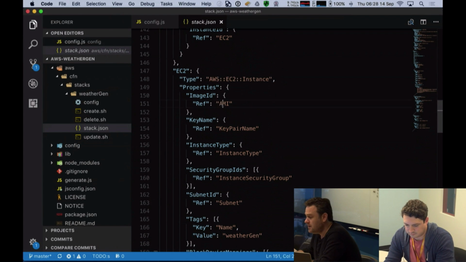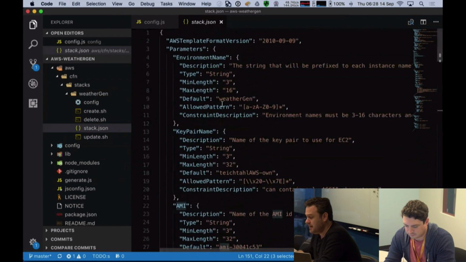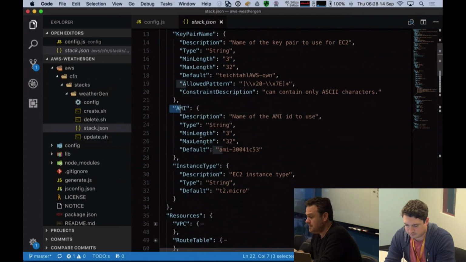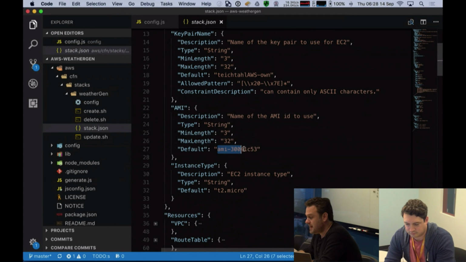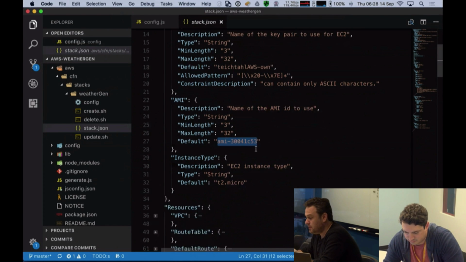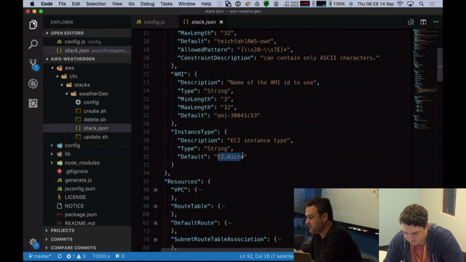And we define what AMI we're using up here in our parameters. So you'll see here there's an AMI parameter defined, and I defaulted to this AMI ID, and this here is the Amazon Linux AMI that we're going to deploy, and we're deploying it on a T2 micro. So that's a pretty small but really useful instance type.